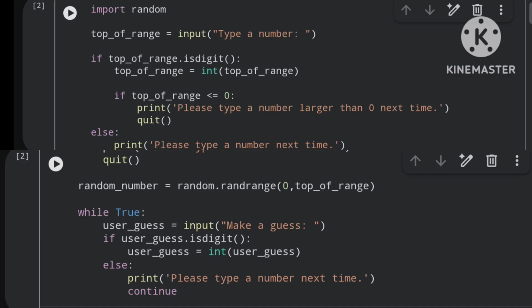Okay, let me explain this. What I am saying is, the user guess is equal to input make a guess. They are going to type in some number. This comes in as a string. We need to make sure that what they have typed in is actually a number. If it is a number, we will convert it to a number. We are all good. However, if it is not a number, then we are going to say please type a number next time,